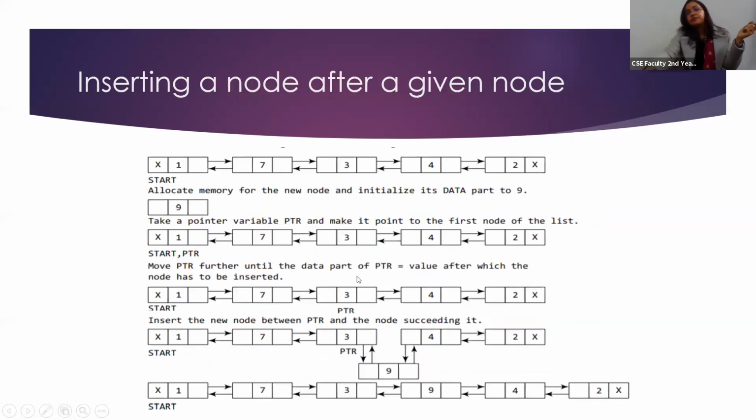Let us understand. What is new node? I told this joining should be first. So new node next is equal to pointer next. That means what? Pointer next, what was it storing? It was storing the address of this node. That means it is transferring the address of this node to the next part of new node. So new node next equal to pointer next.